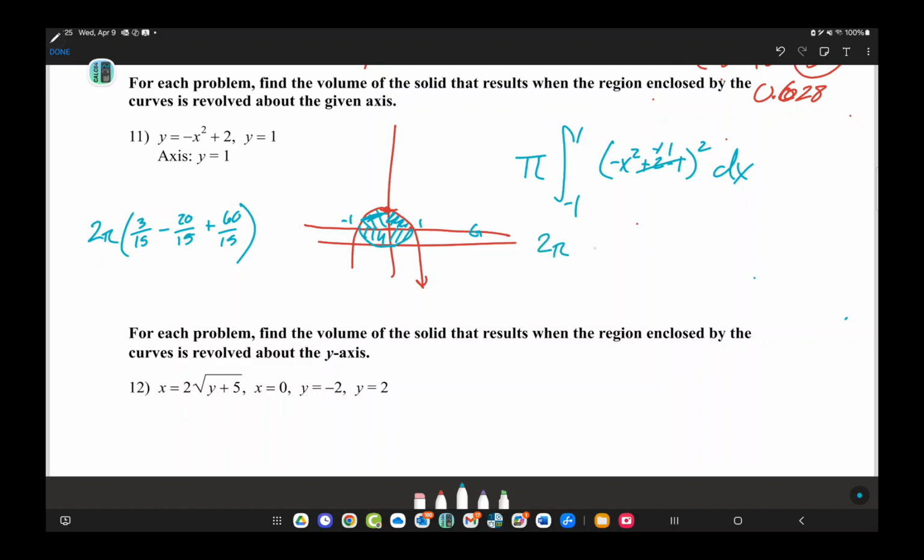So we can do 2 pi times the integral from 0 to 1 of that squared, which would be x to the fourth minus 2x squared plus 1 dx, which gives me 2 pi times 1/5 x to the fifth minus 2/3 x to the third plus x from 0 to 1, which would give me